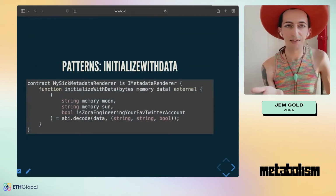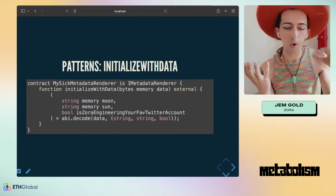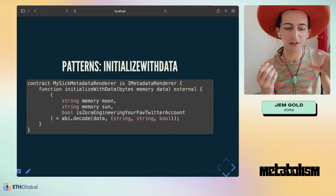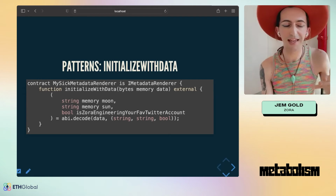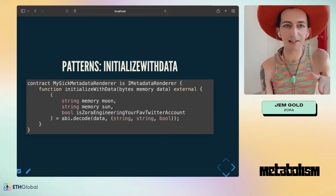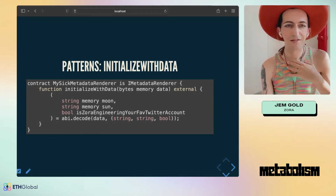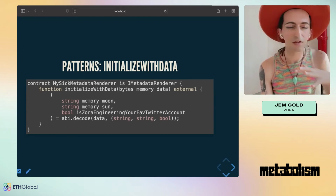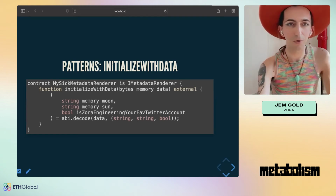Kind of a sibling pattern to this is, cool, okay, well, let's say you have your one deployed renderer and you want some custom data to be set for each drop that calls it. Again, we do this in the edition metadata renderer and a couple of others. So in that case, the way that we handle this to keep the function signature of IMetadataRenderer consistent is to say, instead of parameterizing it based on different variables, what we actually do is we ABI encode those variables,